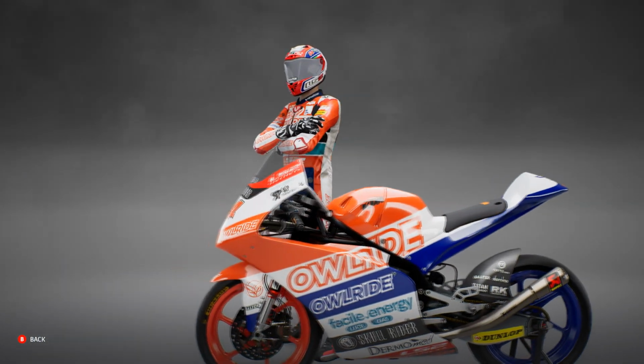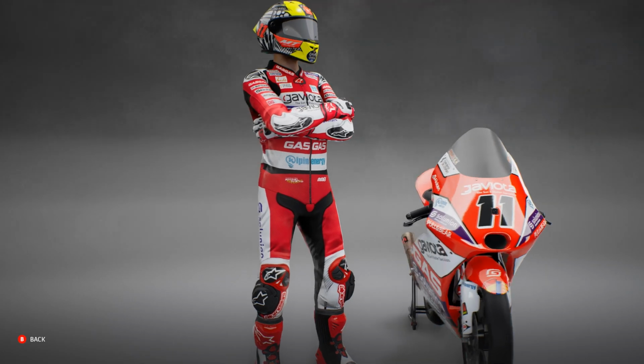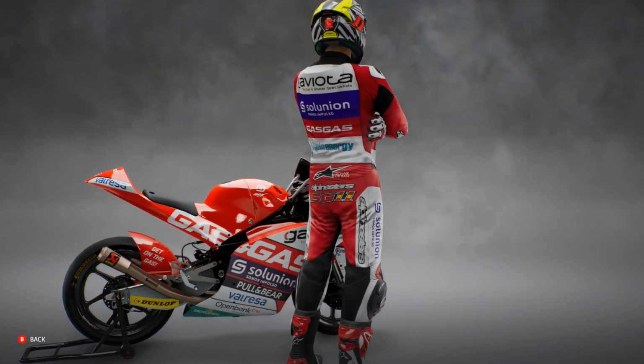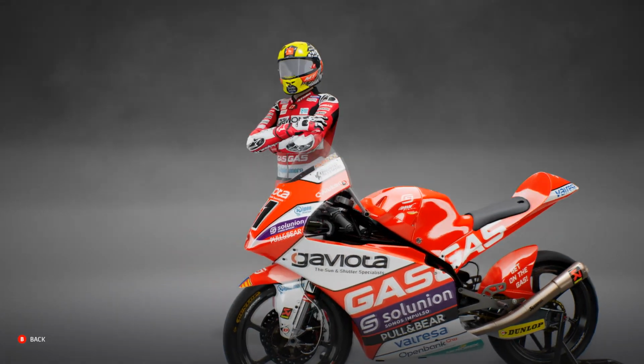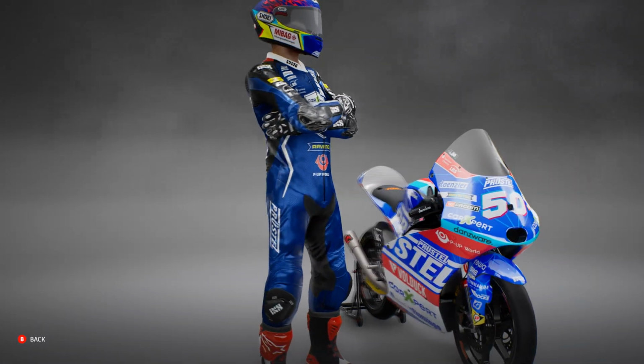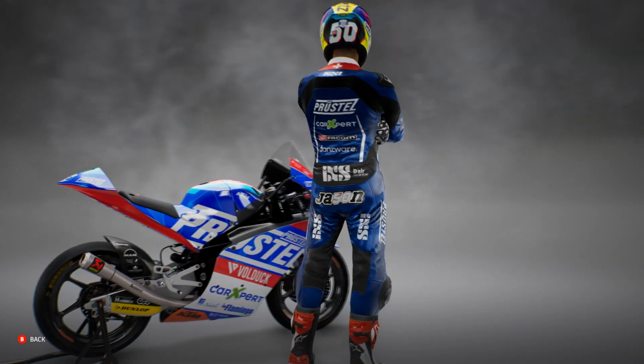It's good to be able to use the latest riders. Of course, Sergio Garcia on board the Gas KTM chassis, but basically it is just KTM, but the new name is the Gas. And finally, the most difficult one to look at right now, of course, the late great Jason Dupasquier,